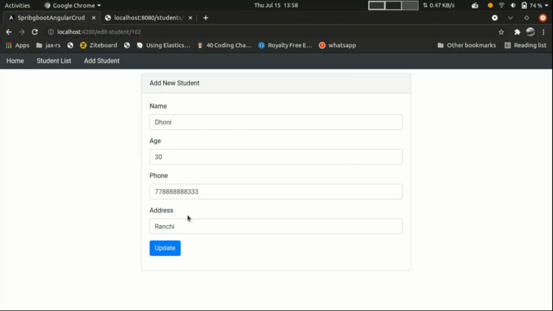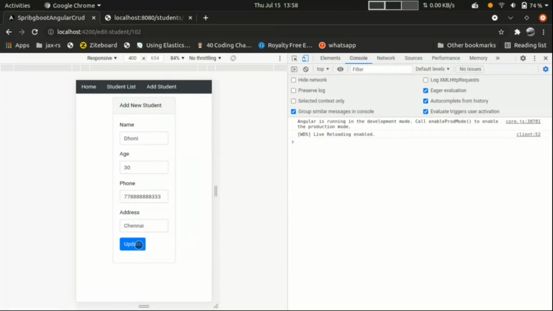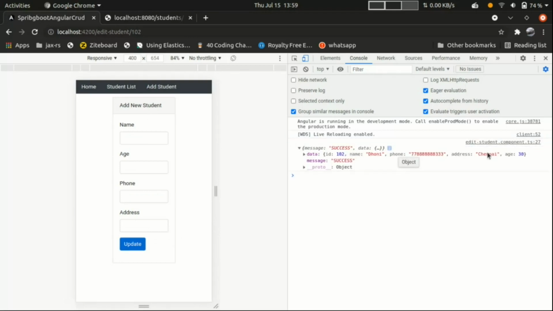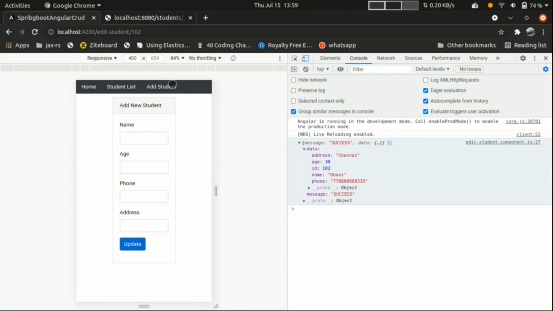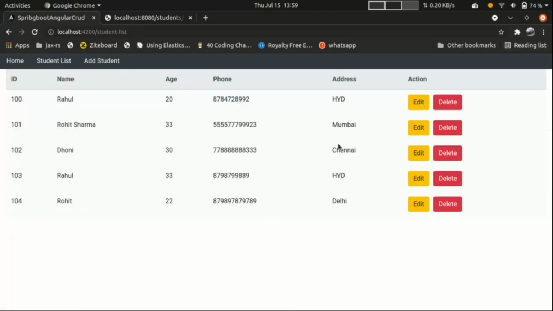So we want to add something here, suppose, and just open this inspect. I want to see in console. Click update button. Yes, we got a success response, and now all these text fields are clear and I can see the latest value, address. Just go to student list and we should see the student list here, sorry, the new address.